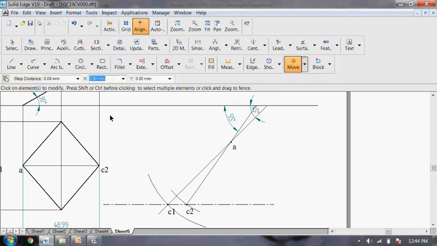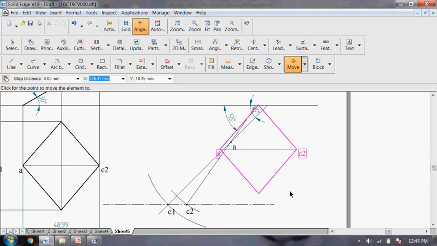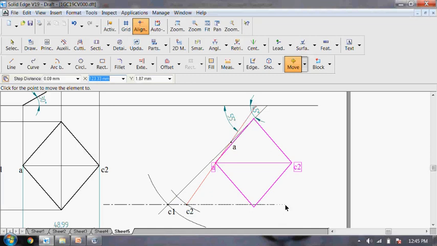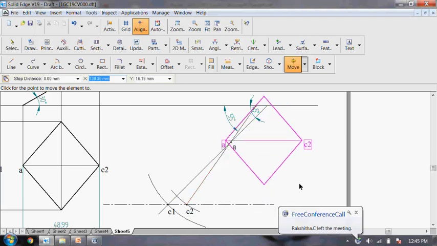Select this irregular lamina and then move it with the center point. Okay, sorry. Here I have interchanged. Instead of here, I have taken C1, and instead of C1 I have taken it. It doesn't matter. We can do it anyway.